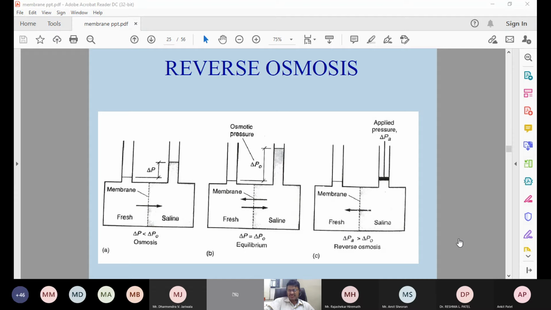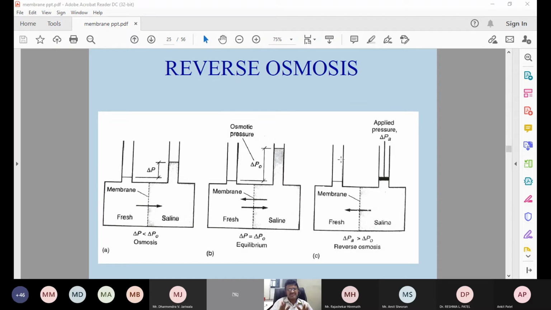What is the process in osmosis? Is water passing from the fresh water to saline, or from saline to fresh in osmosis? Saline to fresh, sir, from high concentration to low concentration. In osmosis, it is from fresh to saline. I'm not talking about reverse osmosis. I'm talking about osmosis. In osmosis, from fresh,